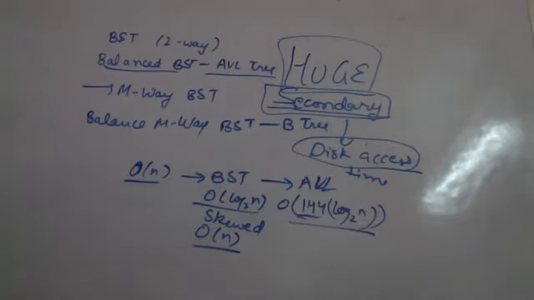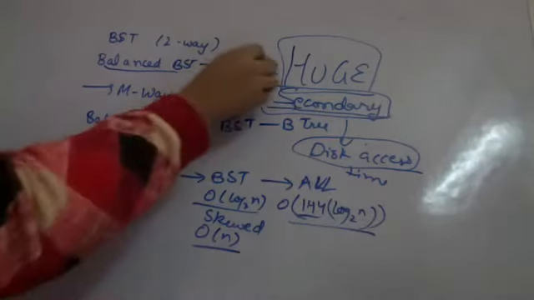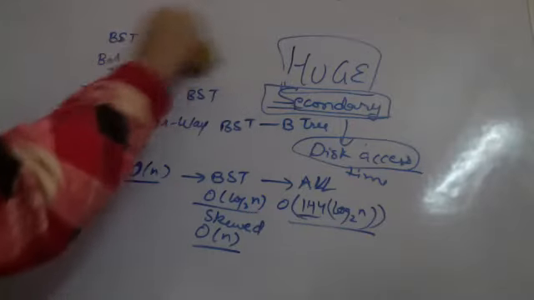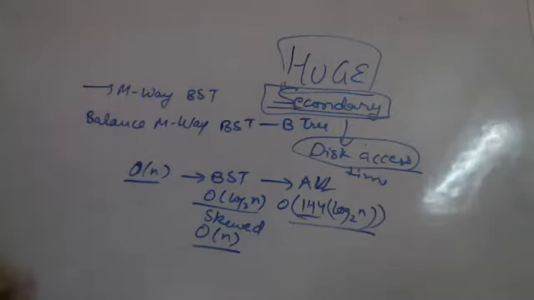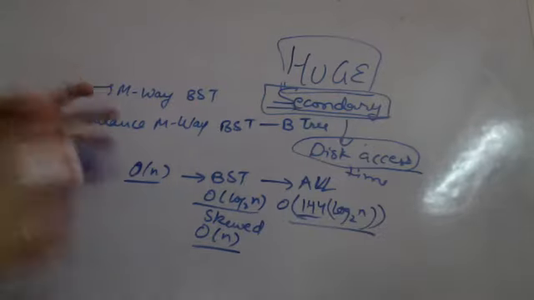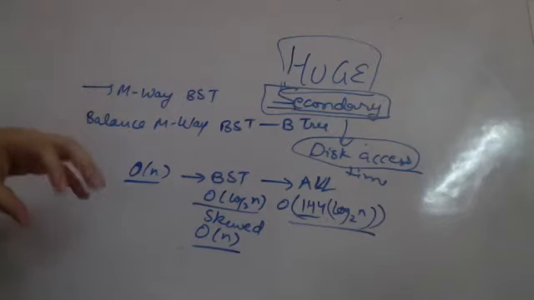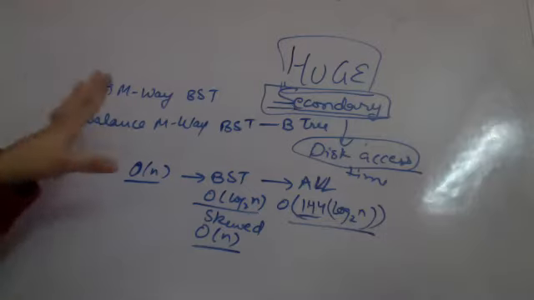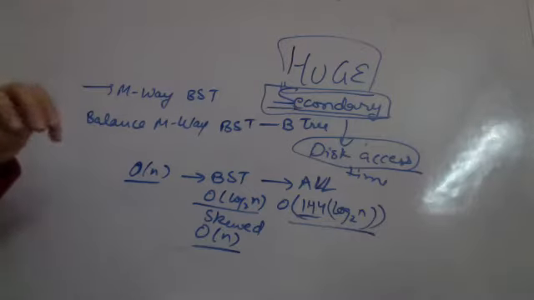Why? So what happens is, when I'm talking about disk access, I am having huge data in some GBs or something. So I'm unable to get the entire data in my primary memory. If the entire data can fit in the primary memory, then AVL trees are sufficient. Then I do not need to go any further. But if there is huge data and I want to search from the huge data, the entire data cannot come in my primary memory.